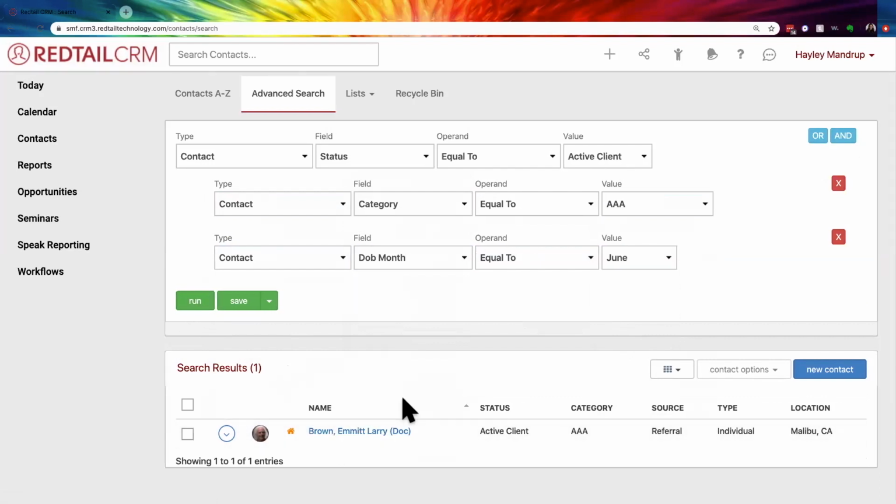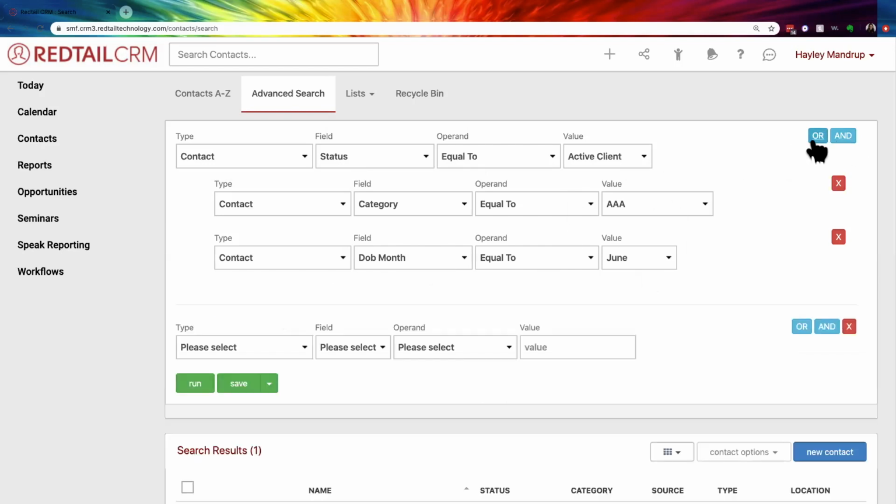We could also then filter by 5 or 7 more additional filters. Really, there's no limit on how far you can filter down in your client base. Or you can expand the search and you can say, in addition to contacts that have a status of active and a category of AAA and a birthday of June, let's also look for, by clicking or,